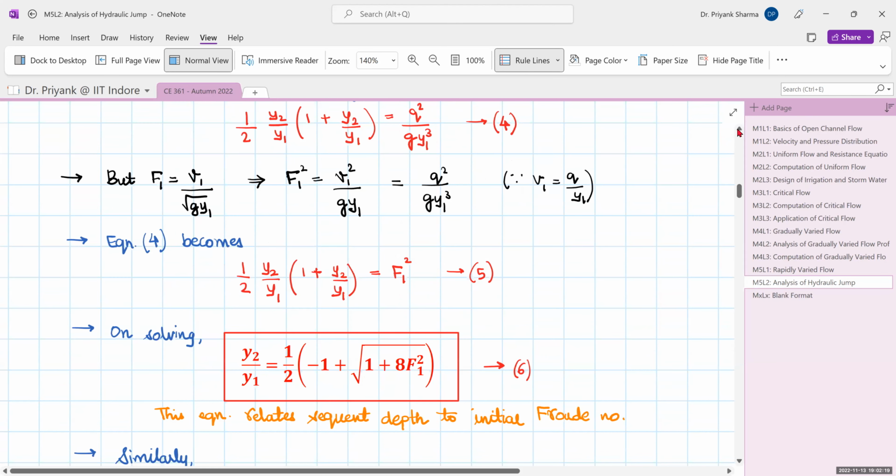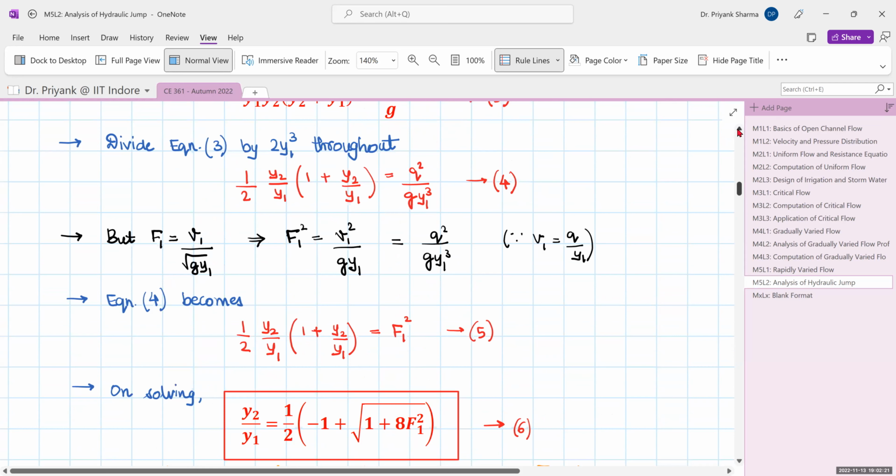So when we divide it by 2y1 cube, we get to this form, that is half y2 by y1 into 1 plus y2 by y1 and q square upon g y1 cube. Now we know that Froude number is given by v upon under root gy. We square it, it is v square upon gy, and using the continuity equation and modifying it, v is nothing but q by y. So this part can be substituted as F1, that is the Froude number of entering flow,